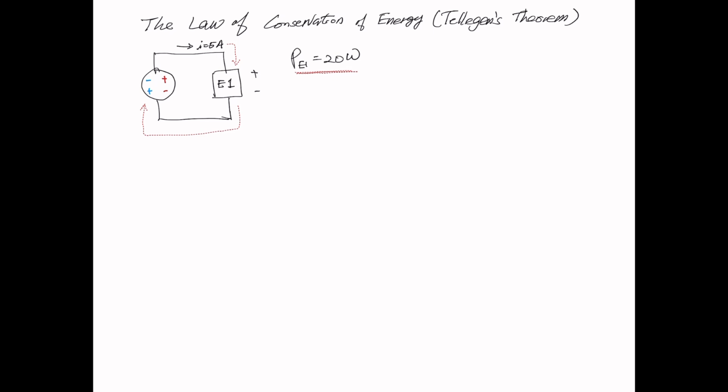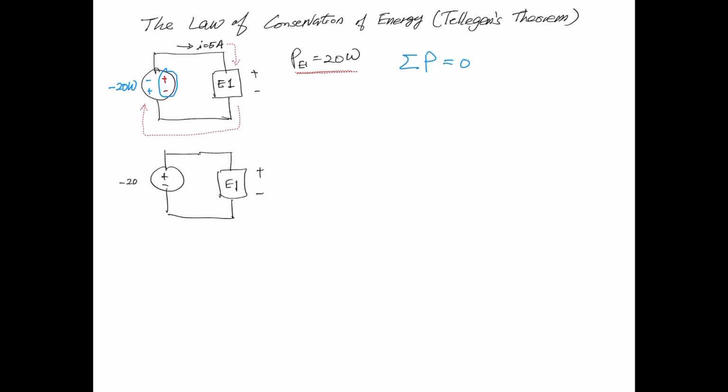Based on Tellegen's theorem, we should have negative 20 watts in here, so that the sum of all the power equals 0. Positive 20 minus 20 is 0. In order to get minus 20 in here, it should be this polarity. Right? So if you redraw the circuit, you can have plus minus E1, and this is plus minus,